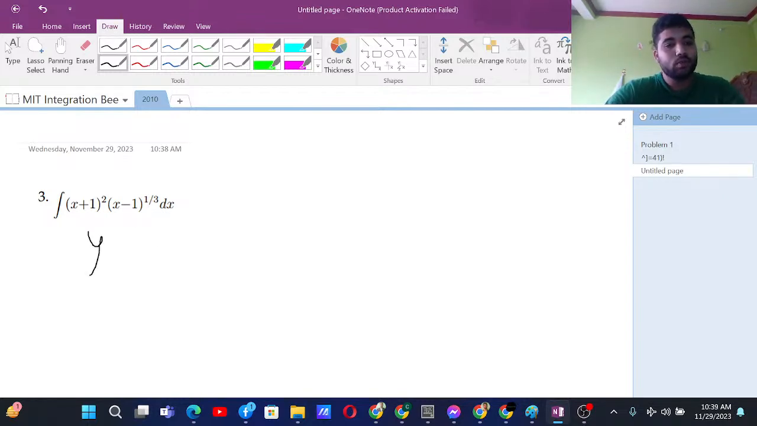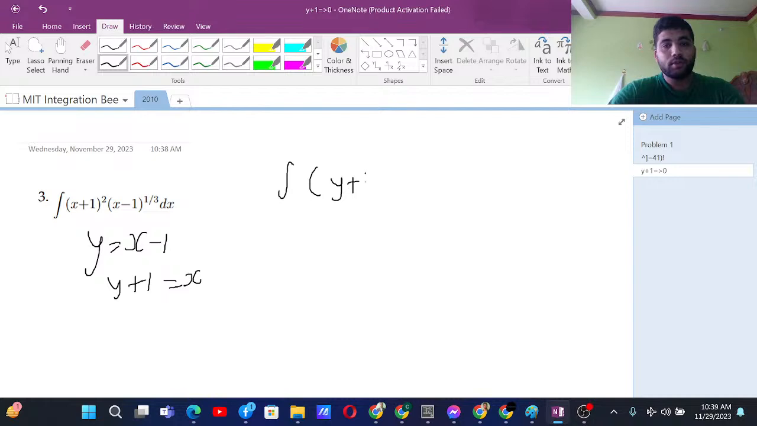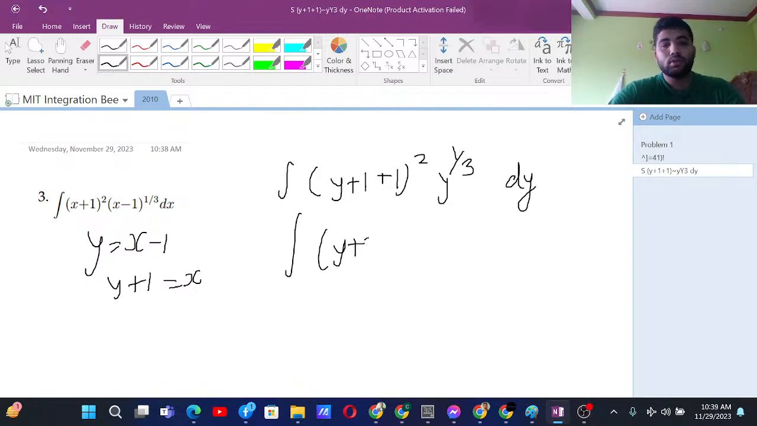Now if we let y equal x minus 1, we will have y plus 1 equals x. After that we can substitute the values of y for x, and that is x is (y plus 1) square, and over here it's y to the power 1 by 3, and dy equals dx. You can clearly see that, so dx equals dy. And after this we have (y plus 2) whole square, y to the power 1 by 3 dy,